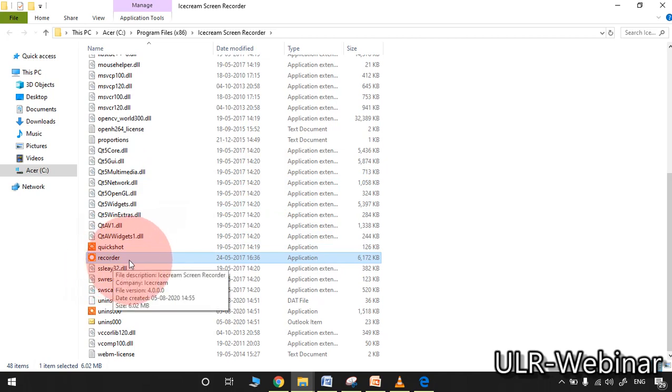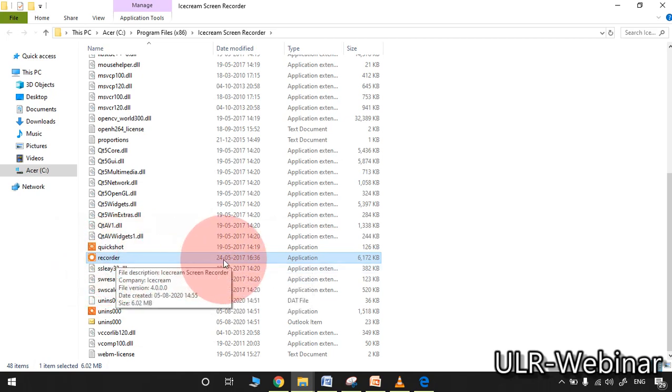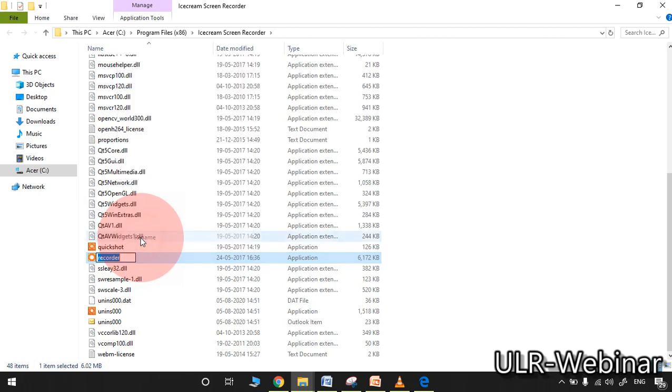Please observe, wherever the recorder application is there in that folder, please identify it. Right click on it. Go to rename.